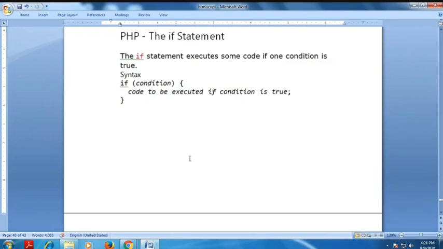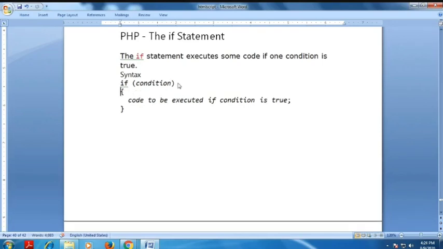What is the basic syntax? if, open the bracket, specify the condition, close the bracket, then open the braces. You write any statement; if the condition is true, you get this result. That is the output you type here. Then close the braces. This is the basic syntax of the if statement.